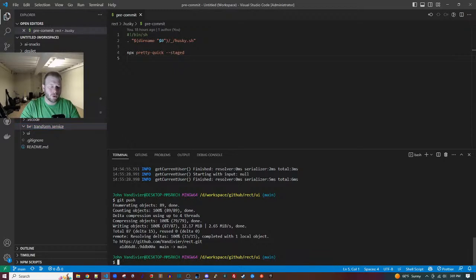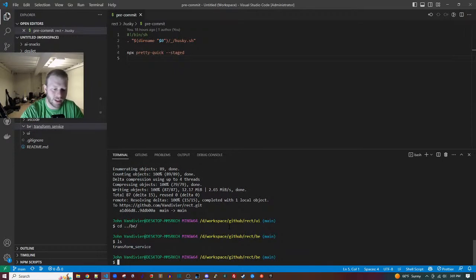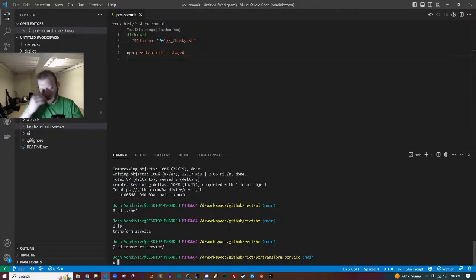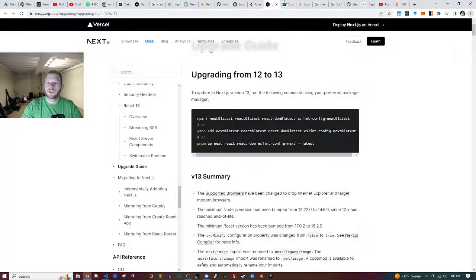Okay, so we have this transform service. What sort of service do we want it to be? I think we're going to start with just a script. So calling this BE is not necessarily even accurate, whatever. And we'll just make a main file for now. Where is this code that we looked at?